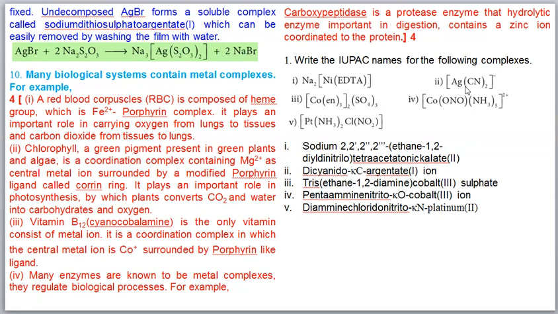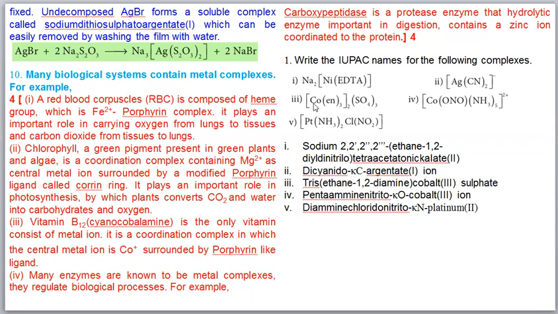What is the oxidation state of this one? Say silver is X, CN is -1, here 2, so -2. So X - 2 equal to, here charge is -1. So X equal to -1 + 2. So we will get +1. So we can write the 1 in Roman numeral in parenthesis. And since it is having charge, we can write ion. Next word. Then this one, you see how to say the name.